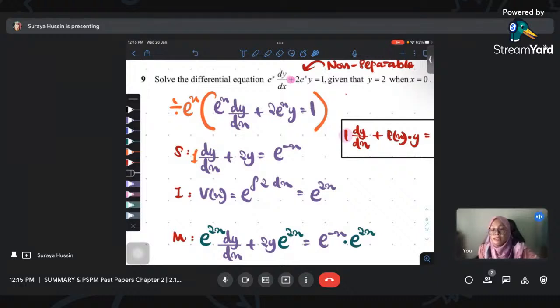Okay, single. Dia tak ada apa-apa di depannya. Hanyalah nombor 1 sahaja di depannya. Okay, dia tak boleh ada apa-apa di sini. How to do it? Just make sure you divide. Okay, divide it with itself. Barulah cancel out. Second step is integrating factor. Integrating factor, mestilah huruf I, just put it down. And then